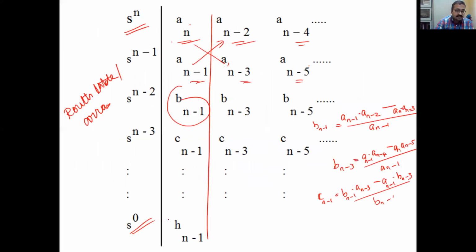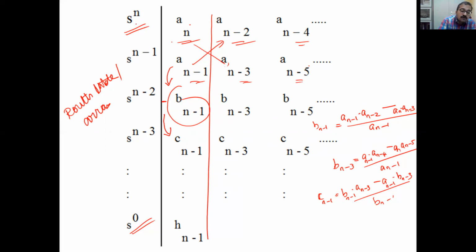Suppose there are no sign changes in the first column. It means that your closed loop system is stable. Now suppose there is a sign change: when you computed bn minus 1, it came out negative. How many sign changes are there in the first column right now? One? No, there are 2 sign changes: plus an minus 1 to minus bn minus 1, and minus bn minus 1 to plus cn minus 1. So there are a total of 2 sign changes.